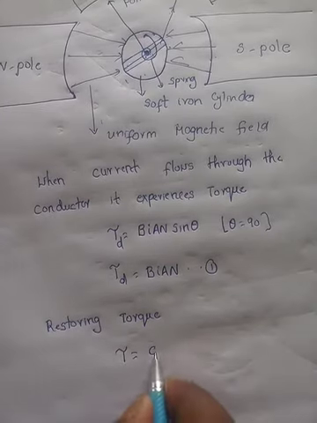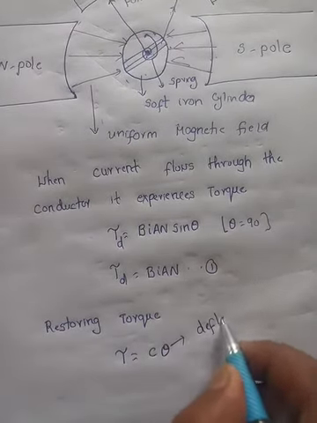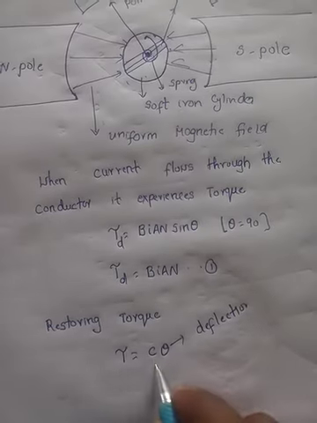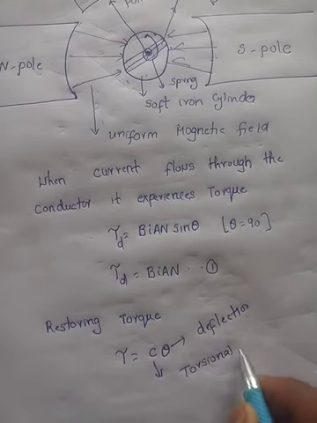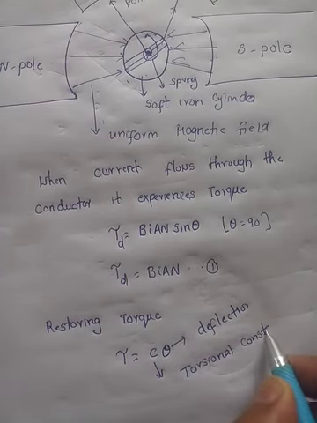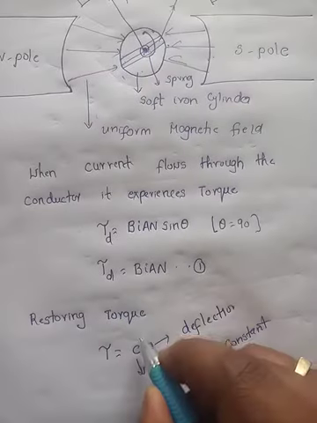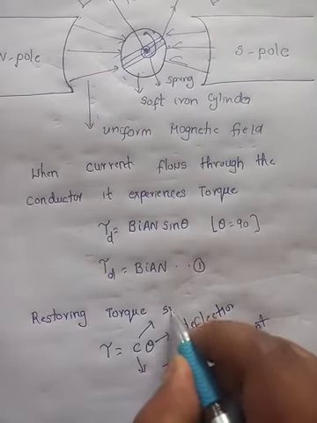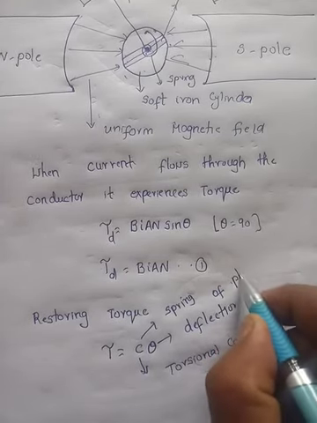Torque tau is equal to C into theta. Theta is called the deflection and C is called the torsional constant, which depends on the nature of the material. That's why we use the spring here, which is made of